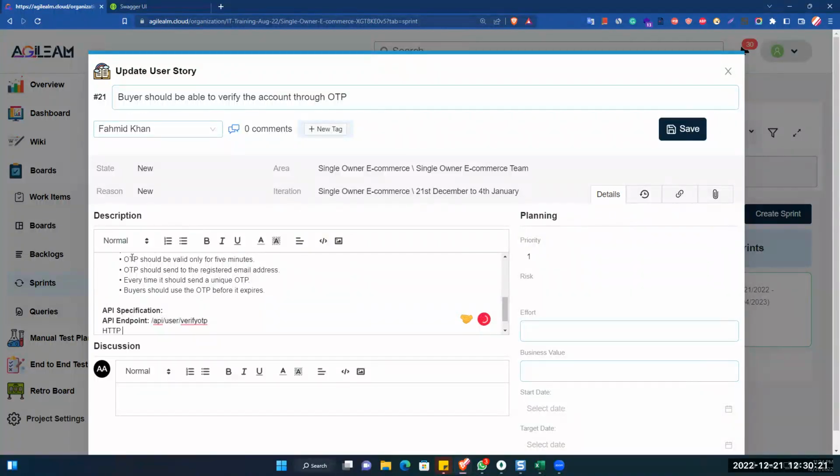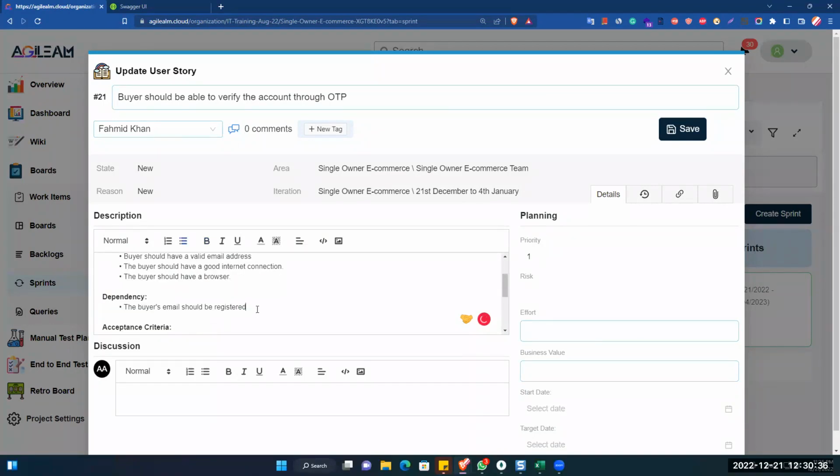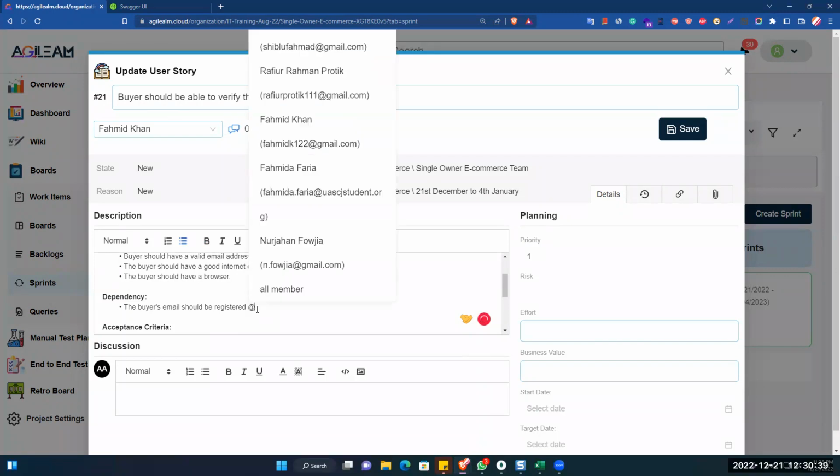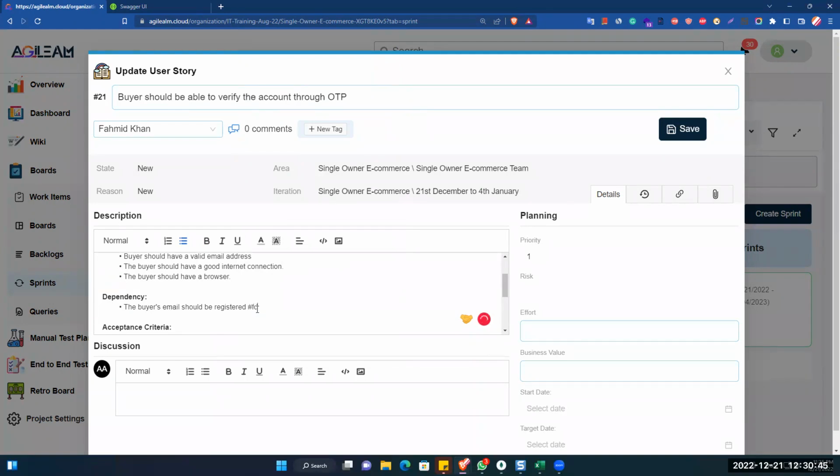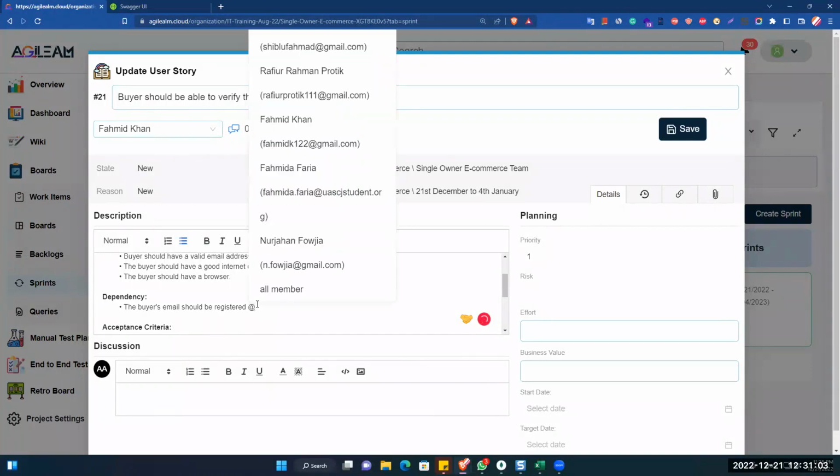For the dependency part, do we add the number for the user story or not? Numbers meaning this story is coming from some other story, and that story has a number. Yeah, you can add that also. Here we can simply add a hash. I forgot. We can also refer to the user story here. I forgot whether we implemented that, or I saw it in another project management tool, but as I remember we also implemented that. No, here we can just simply